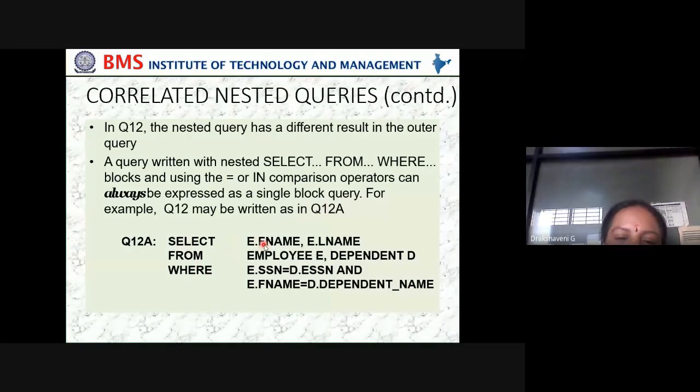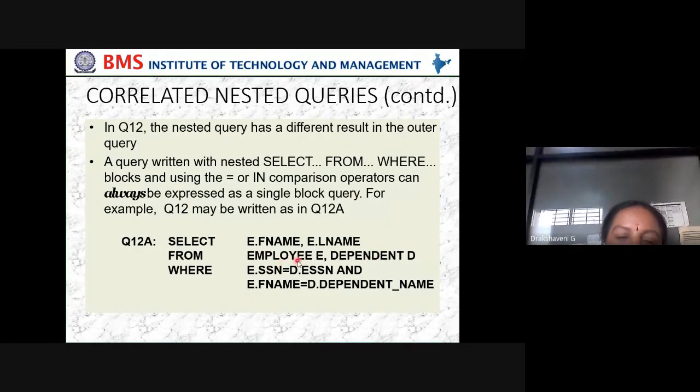So select first name, last name from which table? From the employee table. What does this E stand for? E stands for alias, meaning another name. So the employee table is also called E. Also from dependent. If employees exist, then only the dependent table will exist.